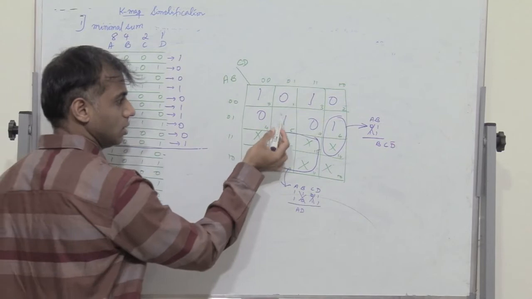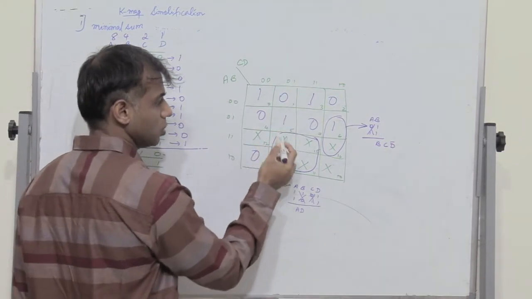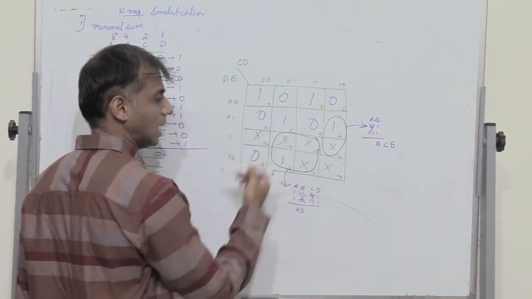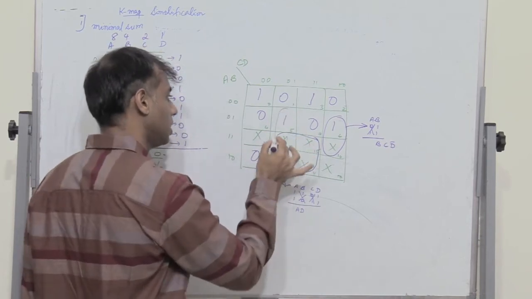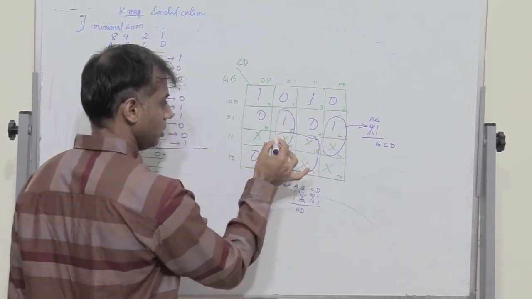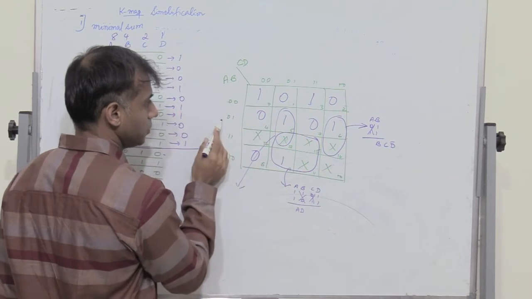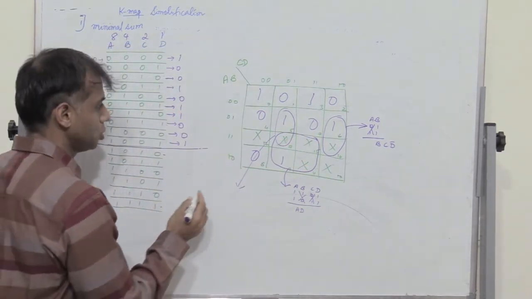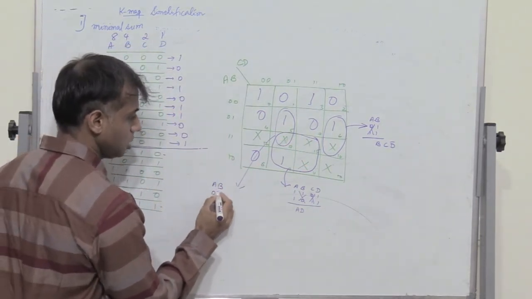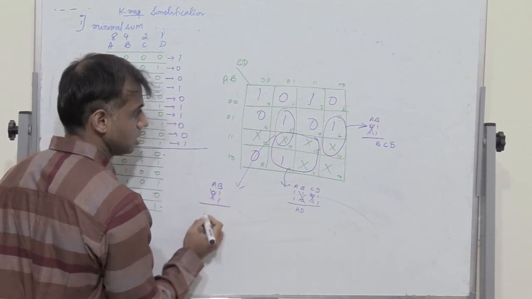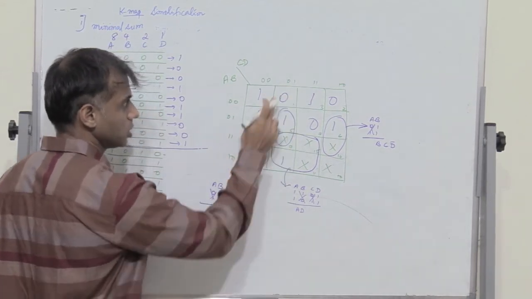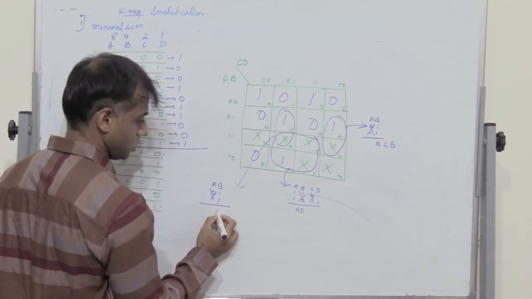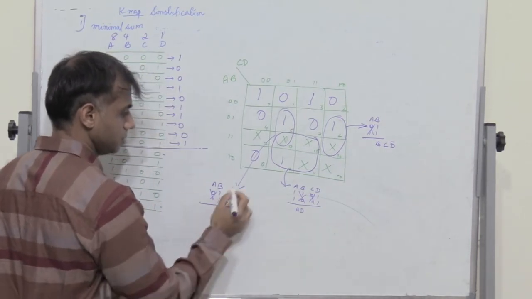Next I have this one. So this one cannot be combined with zeros, and we cannot combine diagonal elements. So therefore this one can be combined with this don't care element. So I have again row 2 and row 3. So for AB, which is 0 1 1 1, A gets eliminated, and then we have column 3, which is C bar D. So I have B C bar D,